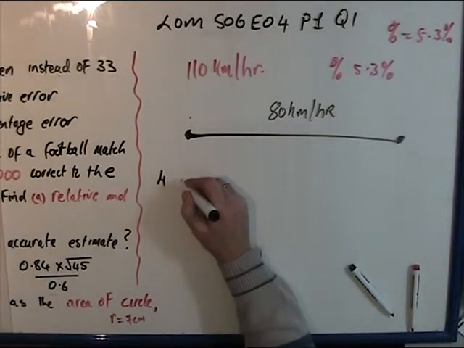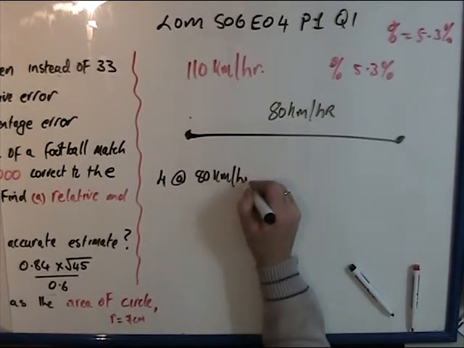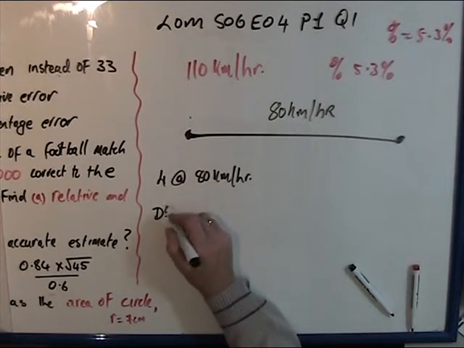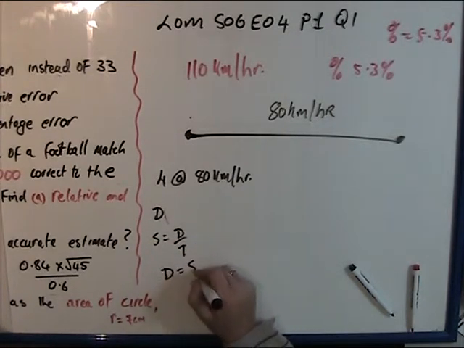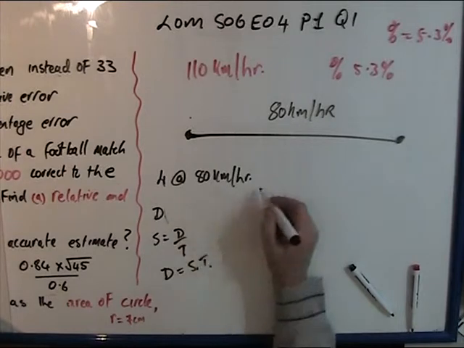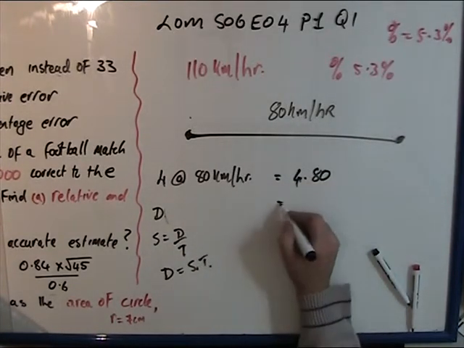So 4 hours at 80 kilometers per hour. So how far is he going? Distance. Do you remember this? Speed is equal to distance over time. The distance is equal to speed times time. Okay, so that's going to be equal to 4 times 80. Do you understand? Which is equal to 4 eighths are